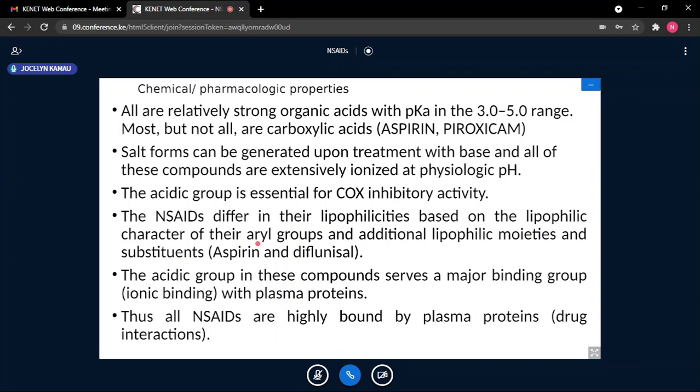And so we are going to see that all the structures of these non-steroidal anti-inflammatories have additional groups. Like we are talking about a molecule like diflunisal. You look at its structure, it has an additional aromatic, aryl group. It has additional halogens when we compare it to acetylsalicylic acid. And once you add more hydrophobic groups, you improve on the lipid solubility. Hydrophobic groups also will improve on the interaction of this drug with the second hydrophobic group, and therefore improve on the binding. So that's what we are saying.